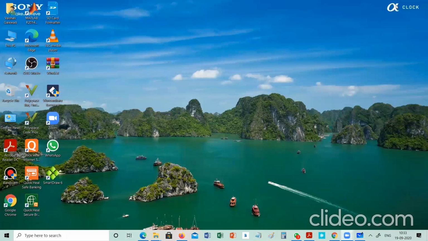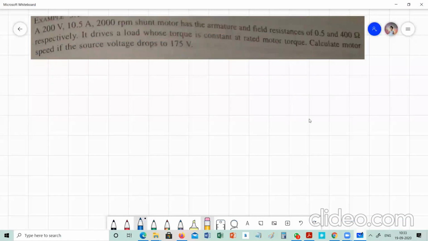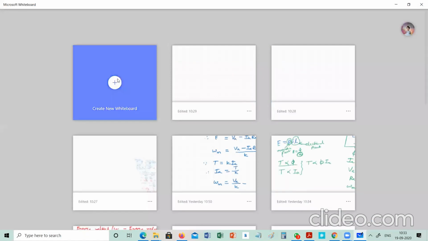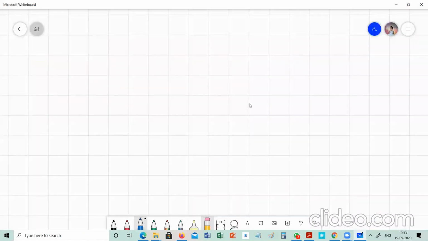So the speed torque curve of these three motors can be drawn using the equation, or by studying the equations. I will write the equation stating the relationship between the speed and torque, which we have derived in an earlier lecture.